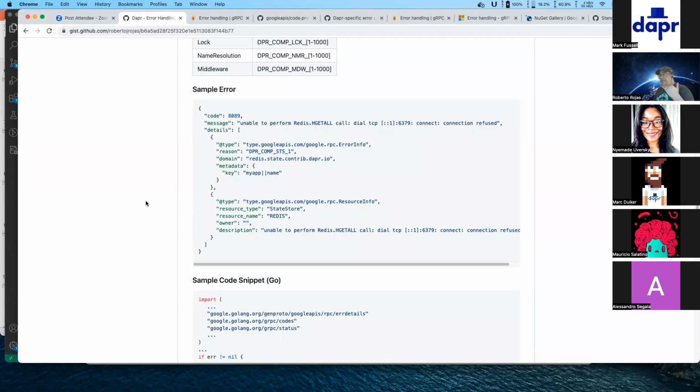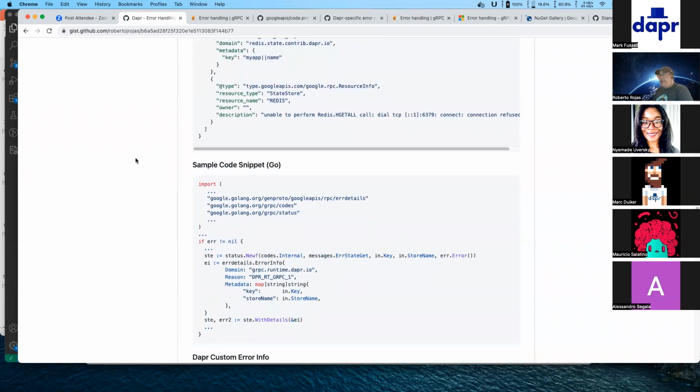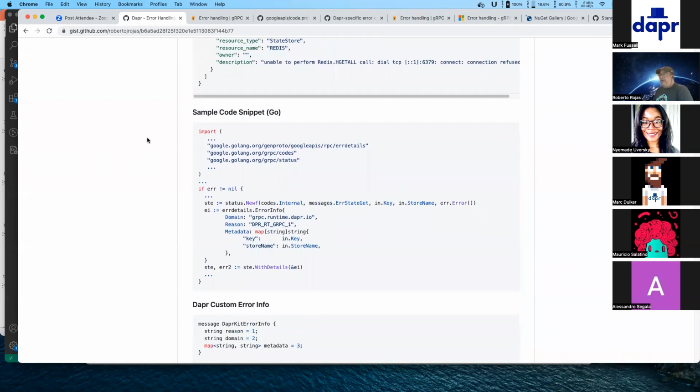So basically the Redis component that is trying to talk to it is the one that is going to populate both the error info and this error, and of course this other part. So I'll show you the code that does something like that. In the example itself, I'm showing the imports that would be used in different places,